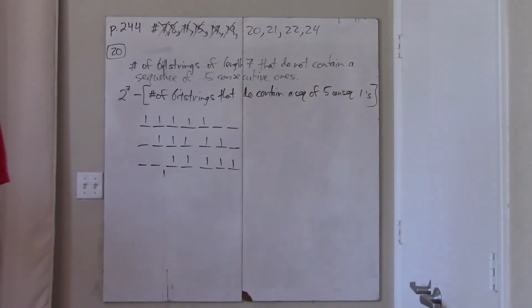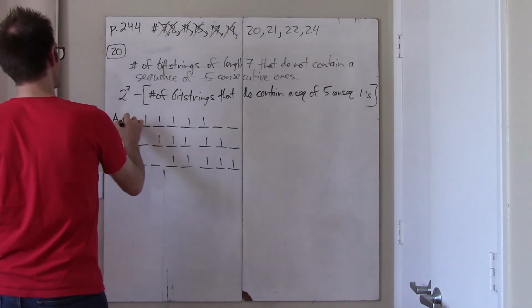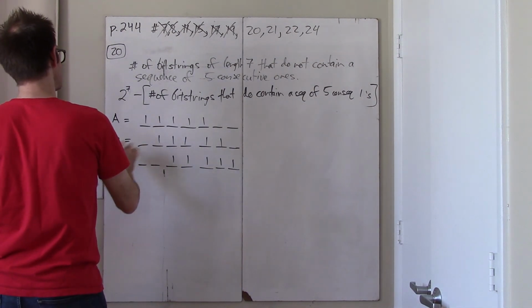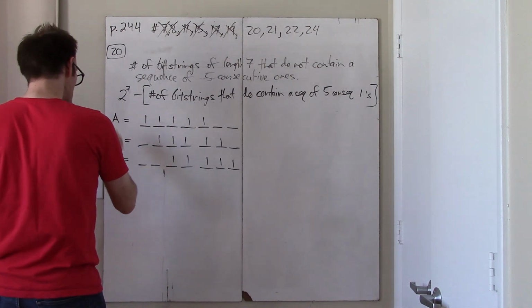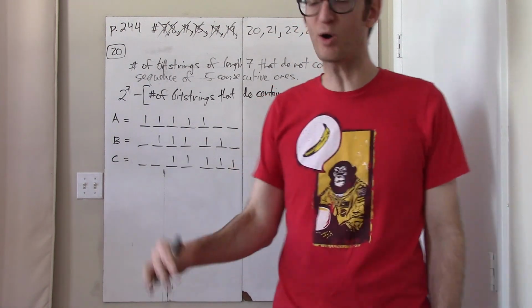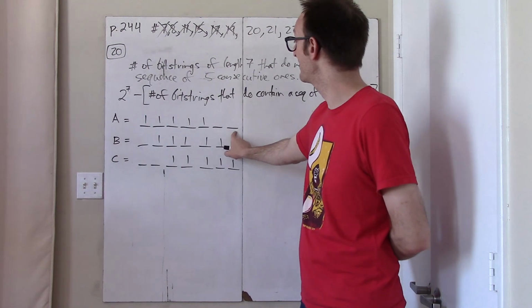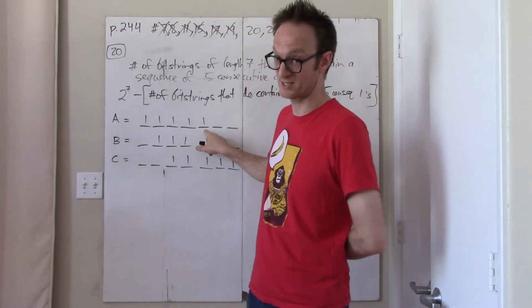Okay, so I'm performing a sort of case analysis on strings of length 7 that have 5 consecutive ones. Either the first 5 are ones, or the middle 5 are ones, or the final 5 are ones. But now we see, and I'm going to refer to this type as type A, this type is type B, and this type is type C. And so I want to know all the strings which are either of type A, or of type B, or of type C. Well, it's easy to calculate the number of strings of type A, because if that was the entire problem,